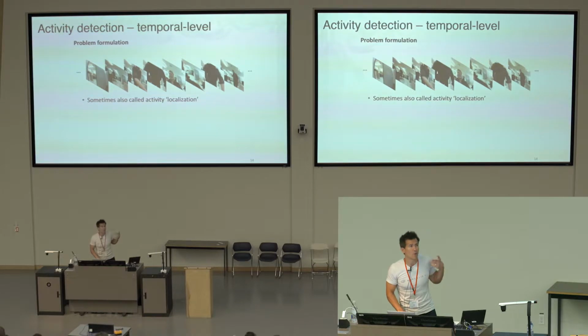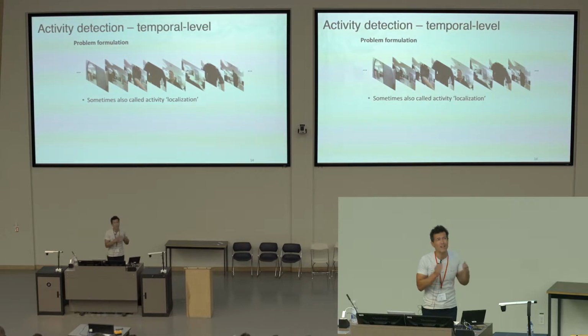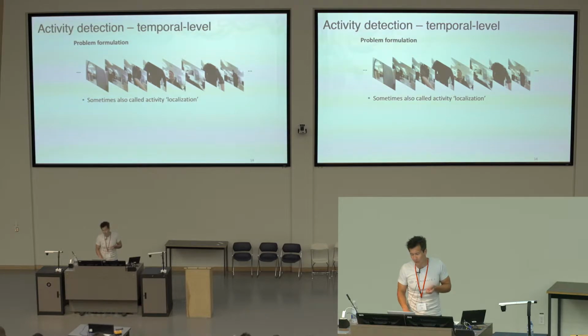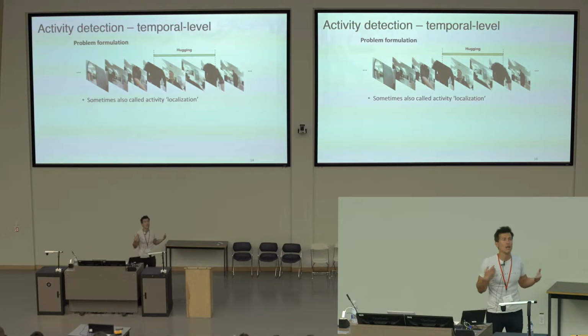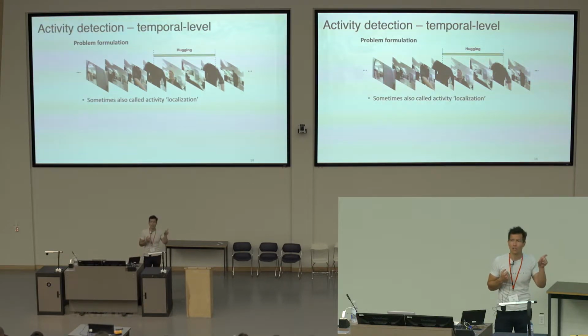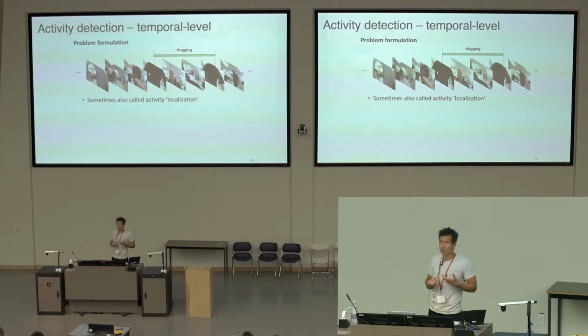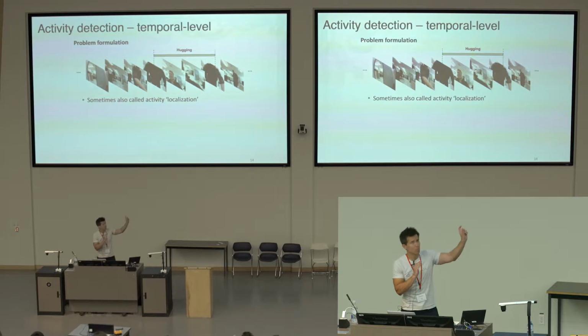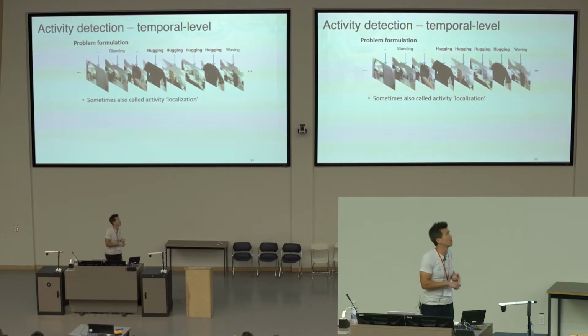So we refer to that problem, the one where we're actually posed with a longer video and we need to find where the actions are in time, as activity detection. And activity detection can refer to both finding in time as well as finding in space. We also sometimes refer to it as activity localization. So the goal there is to go through a long video, maybe a feature-length film, and say, here is where there was an instance of the action hugging. There are different ways in which you can represent this. One way is to say that there will be a duration of this point when time was hugging. Another way in which people do this is on every frame they put a label, right?